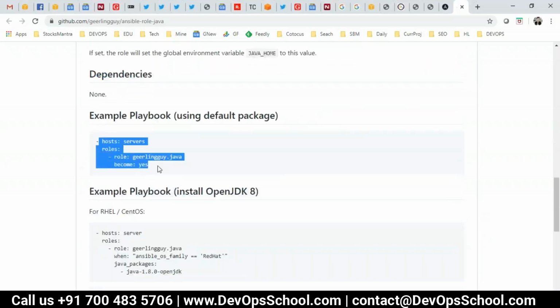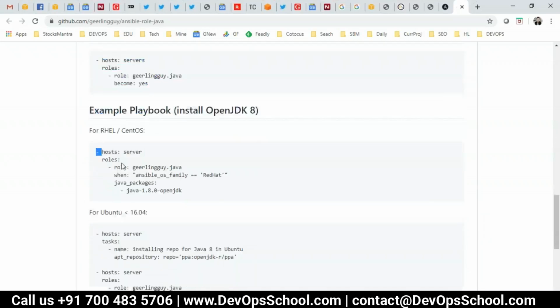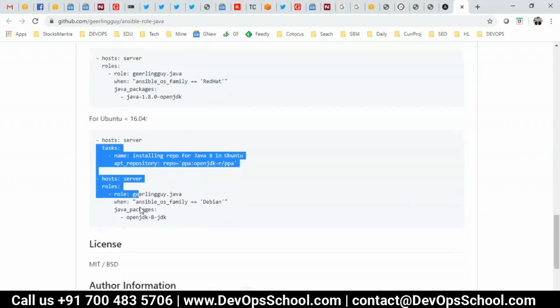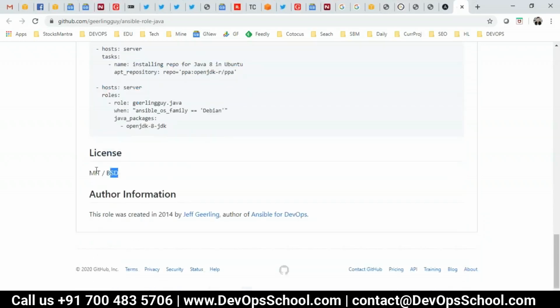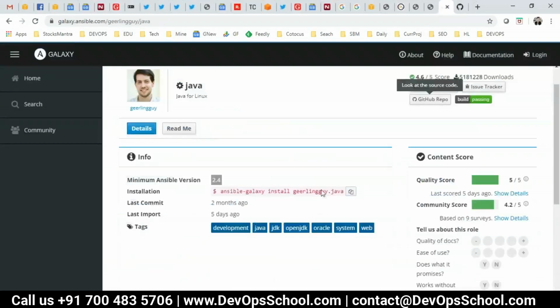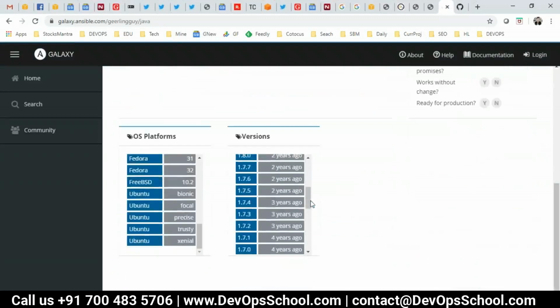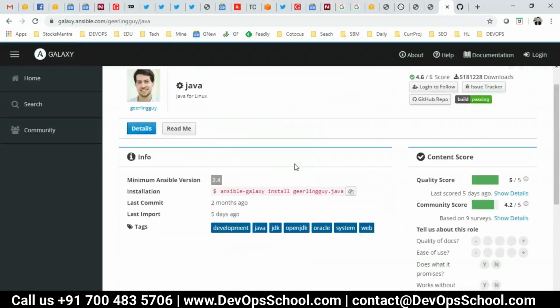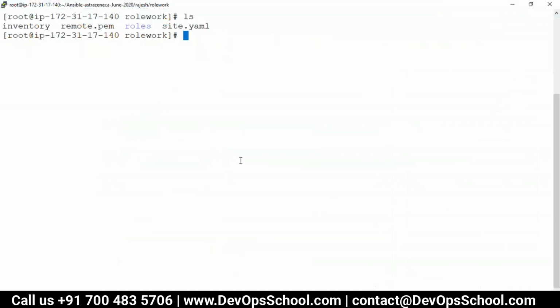Here you see how to use the role. Here they have given you the complete code, and the licenses are MIT and BSD. BSD means you can use it, you can share it, you can modify it, whatever you want. So everything is here, and at the same time you have information here also. Okay, the README, you can click on this. So yes, I think all these are self-service. I will not spend too much time. You spend 5 minutes, you get it, nothing big with it.